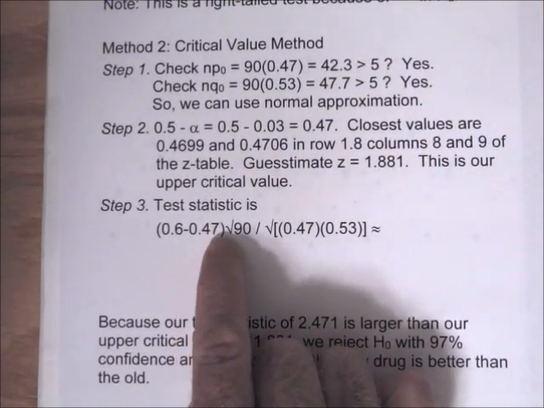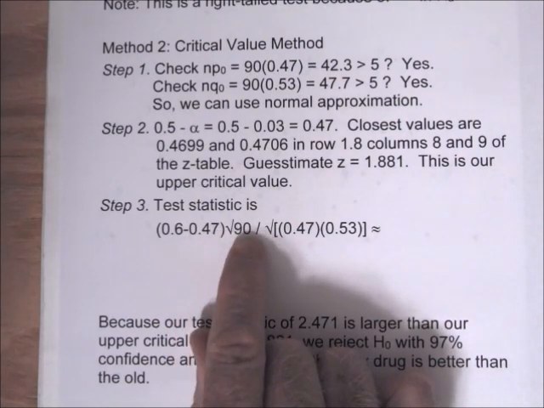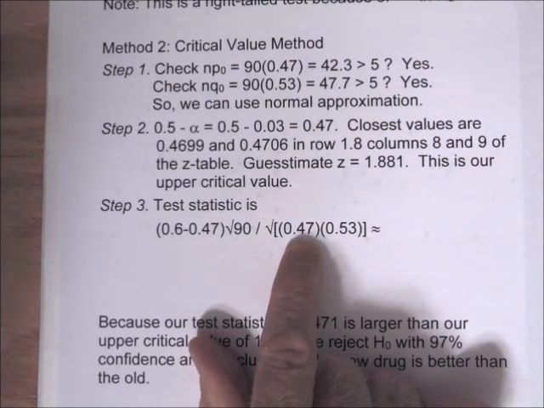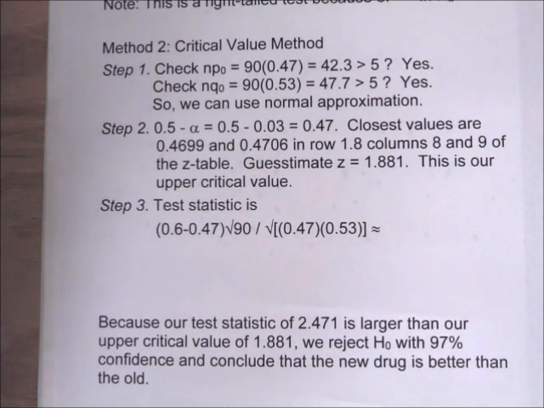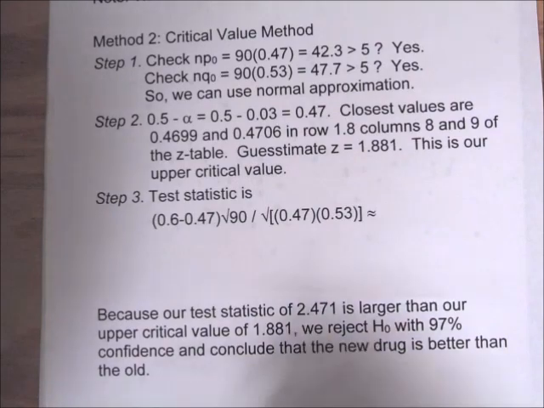And then the test statistic: 0.6 minus 0.47, that's p hat minus p0, times the square root of n, divided by the square root of p0 times 1 minus p0. 0.6 minus 0.47, times the square root of 90, divided by the square root of 0.47 times 0.53. It's about 2.471, and